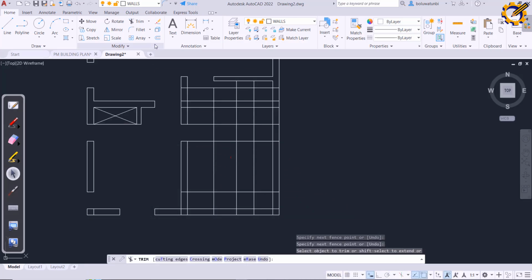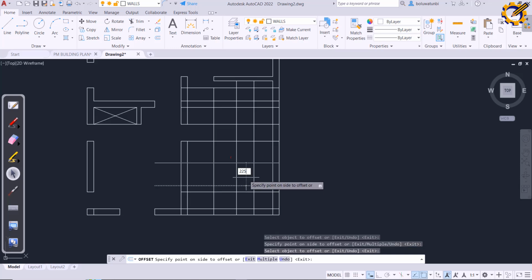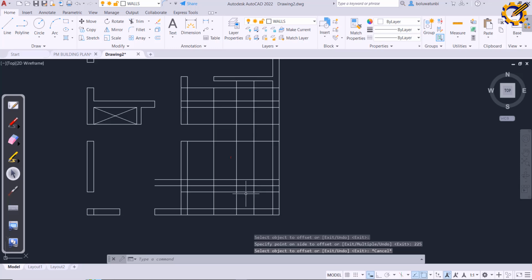So I'm going to 815. Okay. And that is it right there. 815. After that 815, I will do 225, 225 as my wall thickness. This one shouldn't be here. Okay. So with that,